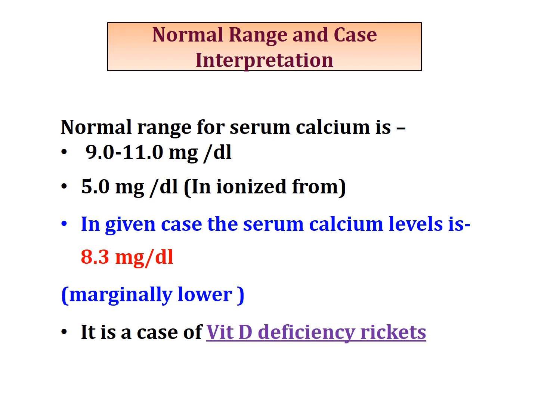As you have not actually performed calcium estimation here, we can think about what should be the serum calcium level in given case. This is the case of rickets due to vitamin D deficiency. So there should be hypocalcemia. Here it is important to note that in vitamin D deficiency, blood calcium levels are marginally lower than normal range. Vitamin D deficiency alone never causes tetany. So we can say that serum calcium level in given case should be around 8.0 to 8.4 mg per dl.